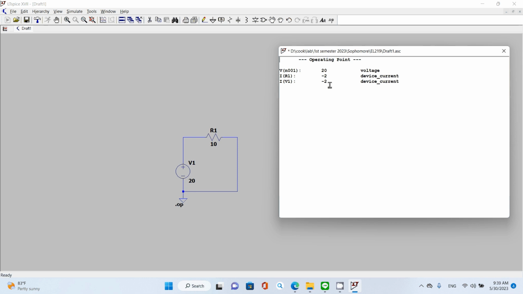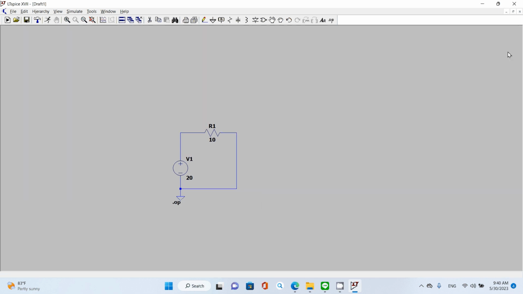That's why the current becomes negative 2 amps. Okay, so that is for analyzing the circuit. Now, if you have a more complicated circuit, let's say you have one more resistor in series,